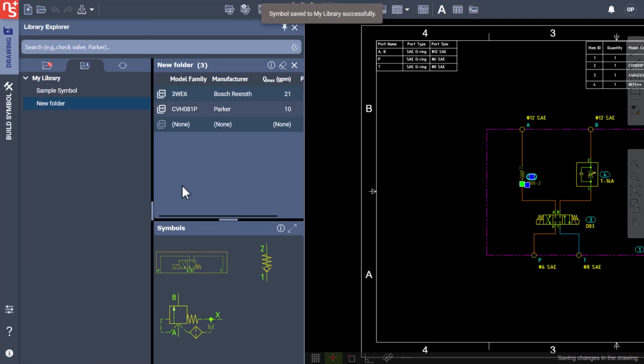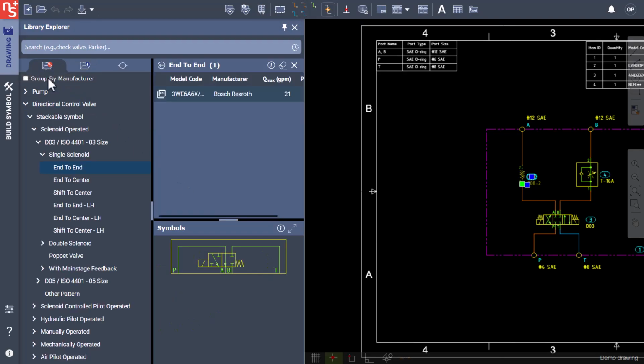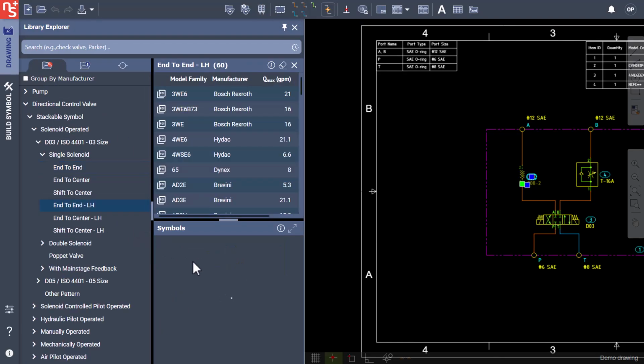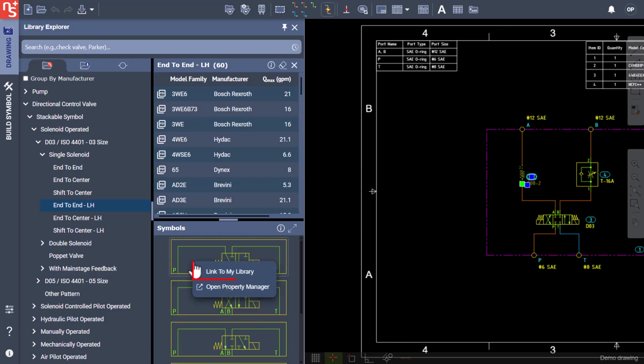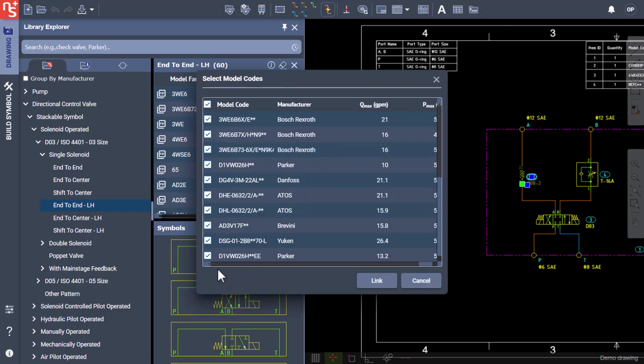Now, you can see both symbols saved here, along with the model code associated with the second symbol. You may have also noticed this Link to My Library option when we right-click on a symbol in the Library Explorer. Linking a symbol or model data to My Library creates a pointer from your library to the chosen data